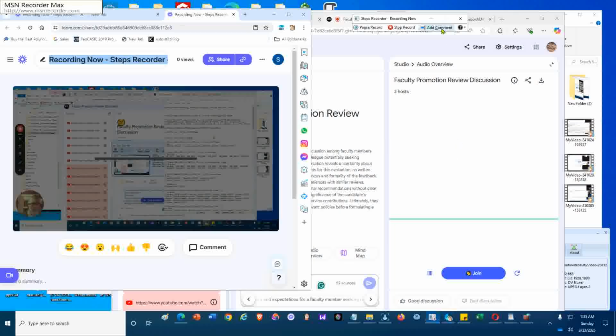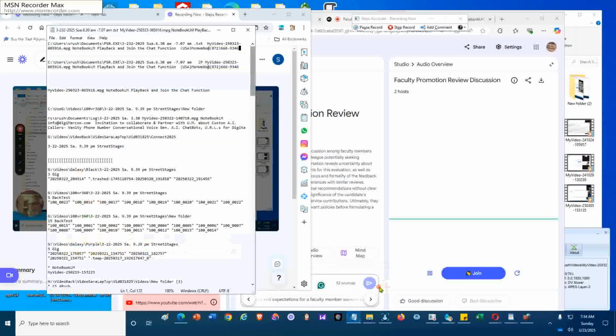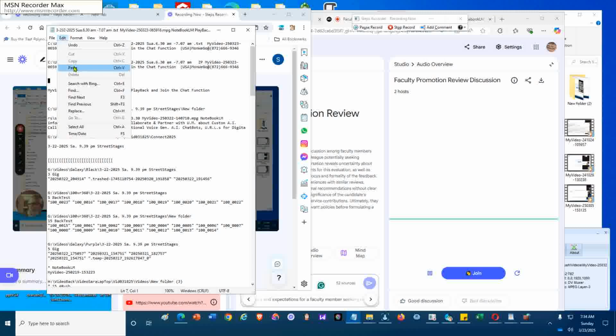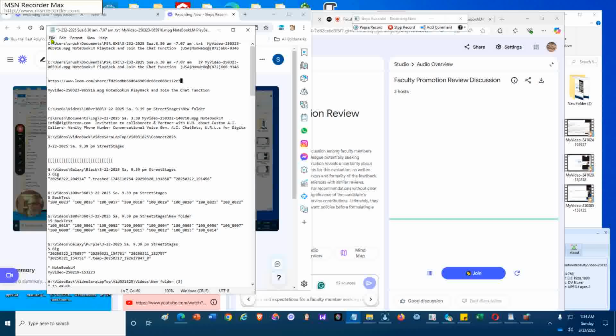For example, add a comment to Pissar with the URL of Loom, then pop up the notepad and put the Pissar hyperlink, edit, paste it into the notepad, file save,